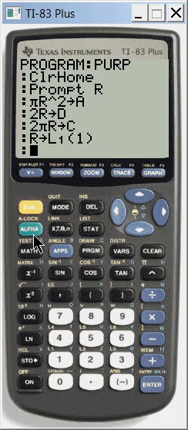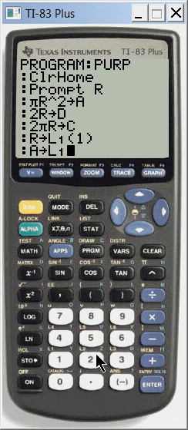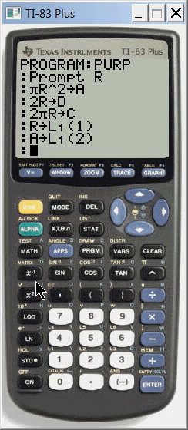You could say alpha A stow second list, list 1, position 2. So the second in that list. You could say then alpha D stow